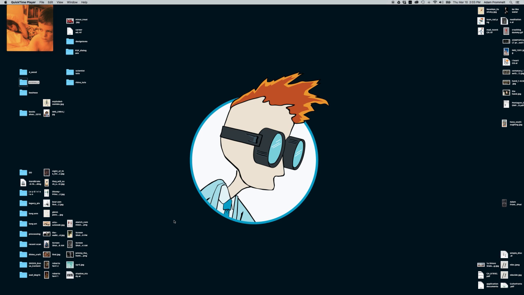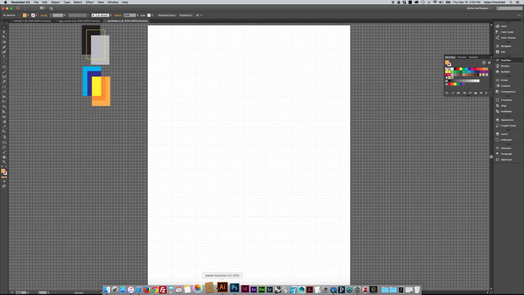Something useful when building logos or icons or manipulating shapes in general are the Pathfinder tools in Illustrator. So let's take a look at those. Essentially what I have here is a clean document. I have my grid turned on and my snap to grid turned on just because I'm going to be using rectangles for this demo. Over to the left up here, you'll see that was my practice to see what we're